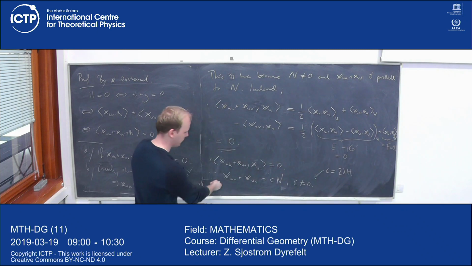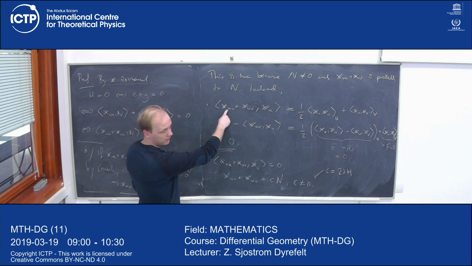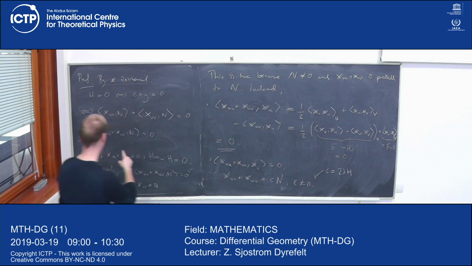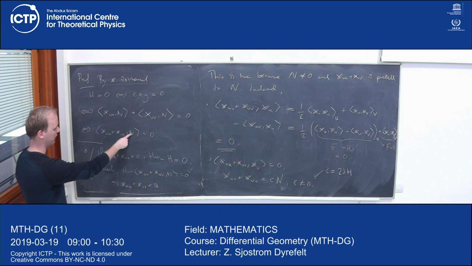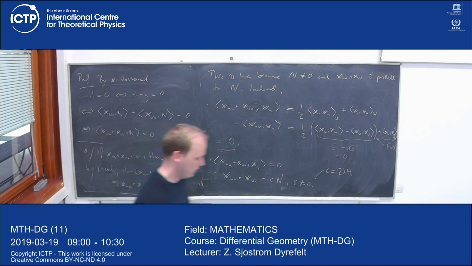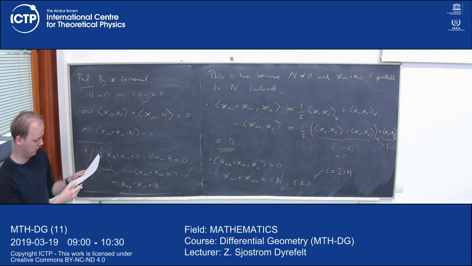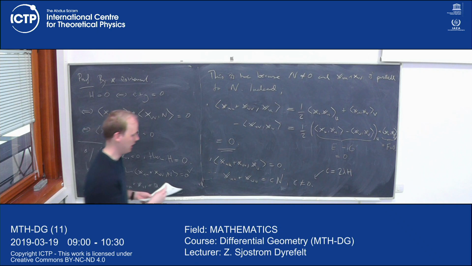If you write this thing as a constant times n, then this constant times n, taken scalar product with n itself, which is the unit normal, gives this constant. But then this thing has to be equal to 2 lambda h. And then this implies,